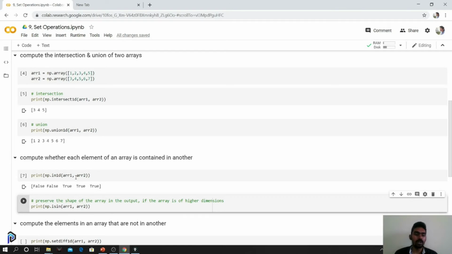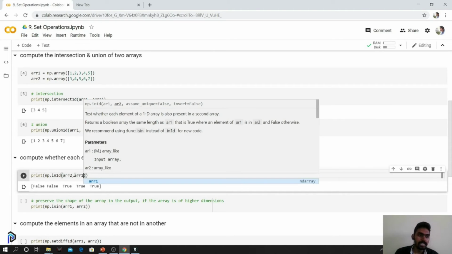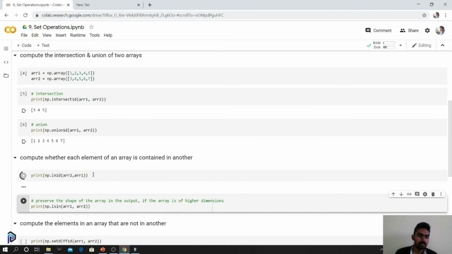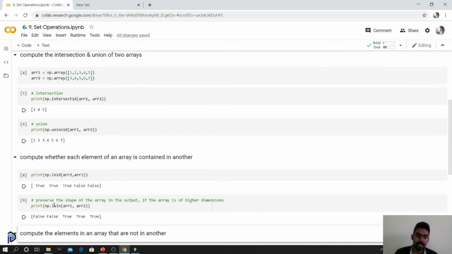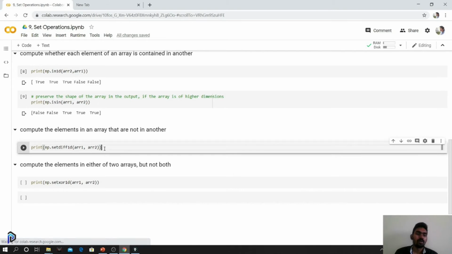The thing that you can notice over here is the first array is considered to be the base array, so it's going to be compared with the other array. If I alternate this order, the output I'll be getting is that 3, 4 and 5 are there, 6, 7 are not there. So the output would be True, True, True, then False, False. As you can see, the order in which you pass the arrays is important. Similarly, you can do the same thing with the isin function, and it also scales well with multidimensional arrays. So we have started with union and intersection.